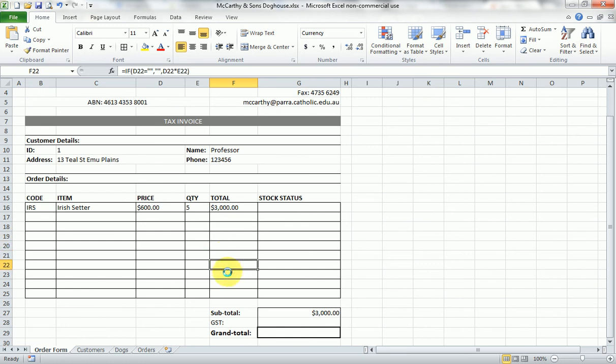Just delete some of the old formulas here. Okay, next thing, GST, another simple formula. We want to work out 10% of that. 10% as a decimal is 0.1. So we'll type equals 0.1 times Shift 8, whatever is in there. Enter. And it tells us